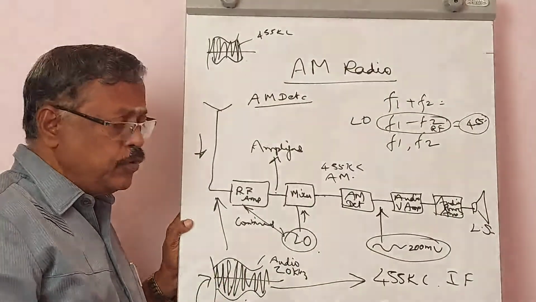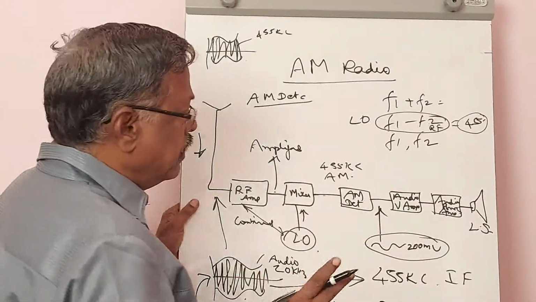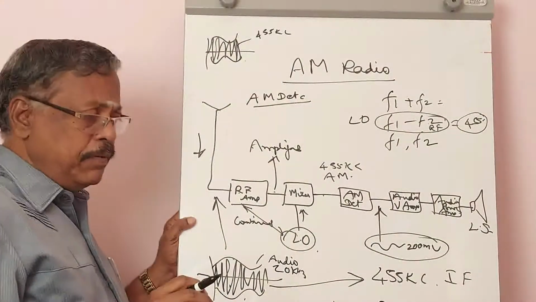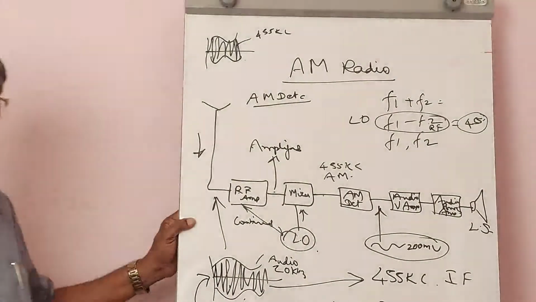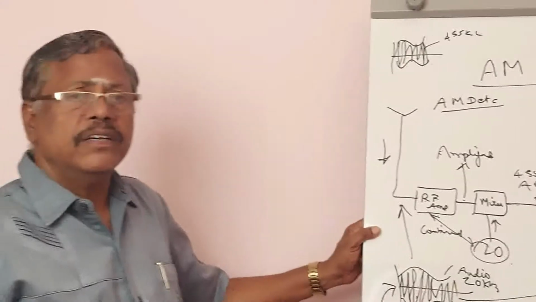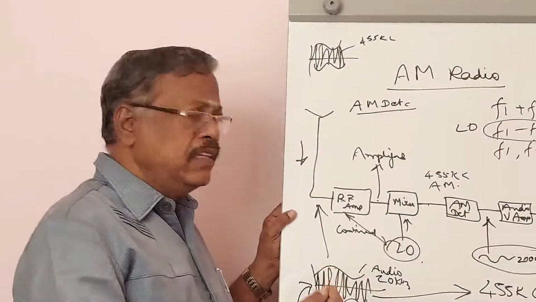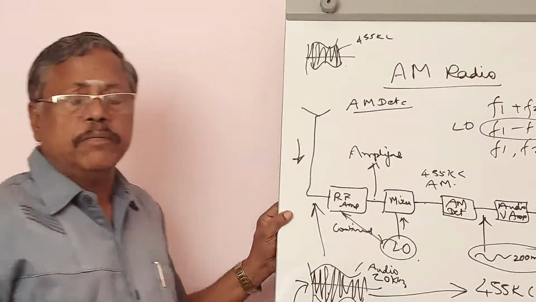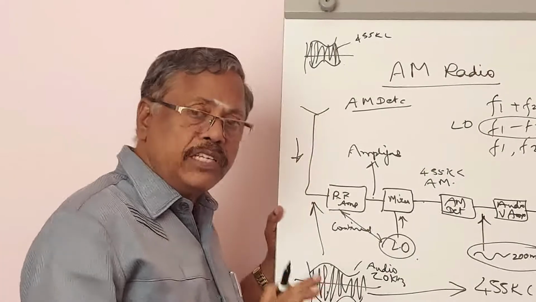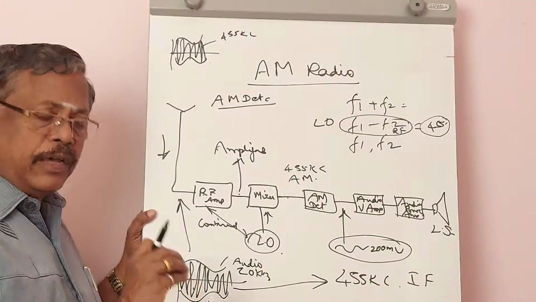For that, we are going to have two amplifier sections. What are they? They are the audio voltage amplifier and then the audio power amplifier. What is an audio voltage amplifier? An audio voltage amplifier is simply a matching circuit. It will amplify the signal at the voltage level, but it will not be able to give sufficient strength for driving the current. Voltage alone will be improved by opting for an audio amplifier.